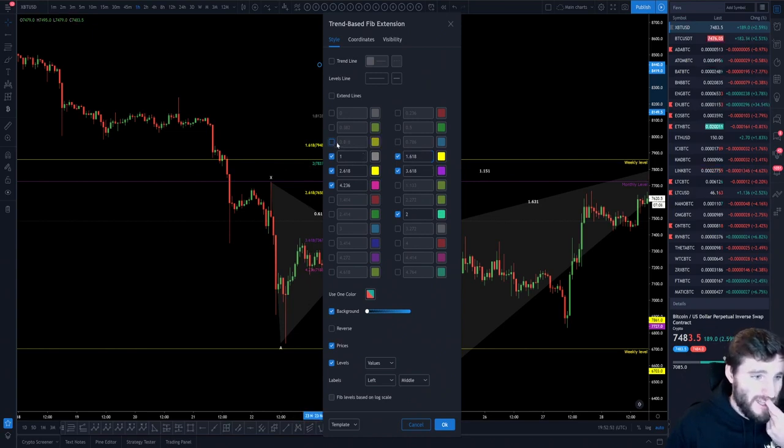If I'm honest, the 0.618 is very much Elliott wave theory. If you've got zero Elliott wave theory, then you're just going to be mainly concentrating on the 1 and the 1.618, these two numbers. And obviously if you break through the 1.618, that's where you look for the 2 and the 2.618.